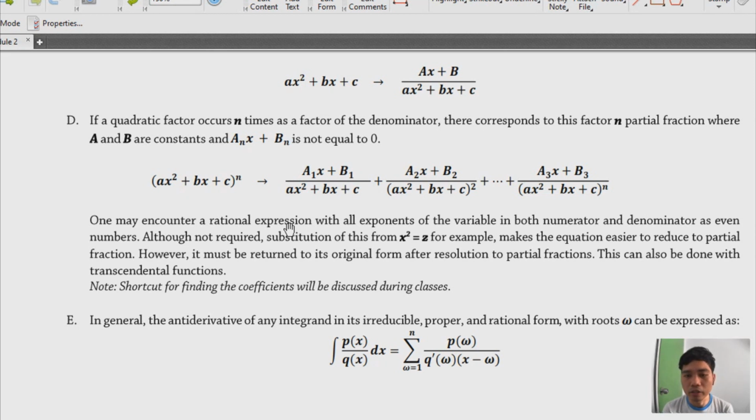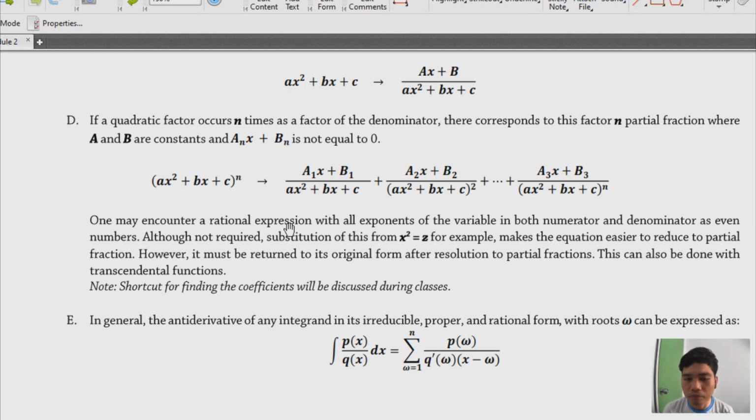Pero we have to make sure as well na we will be returning that certain expression to the original before we try to integrate. Kasi parang hindi natin makukuha yung tamang sagot when we try to integrate yung ibang variable, diba? Diba usually ganun ang ginagawa natin? We try to let use substitution, and then we try to bring that back to the original equation, kasi ganun